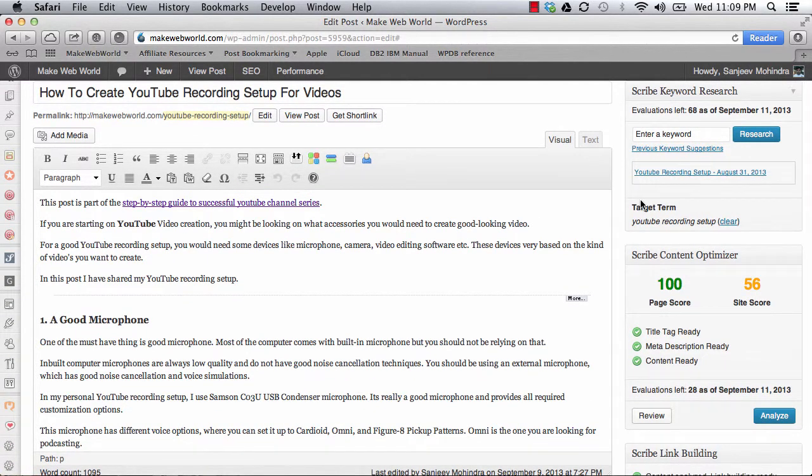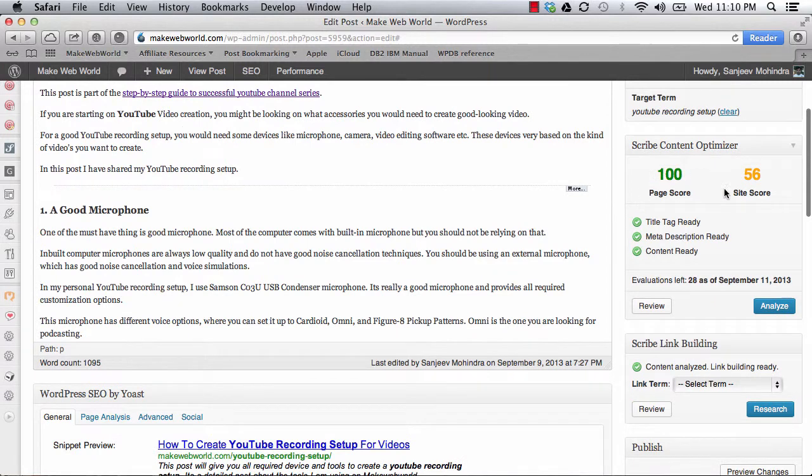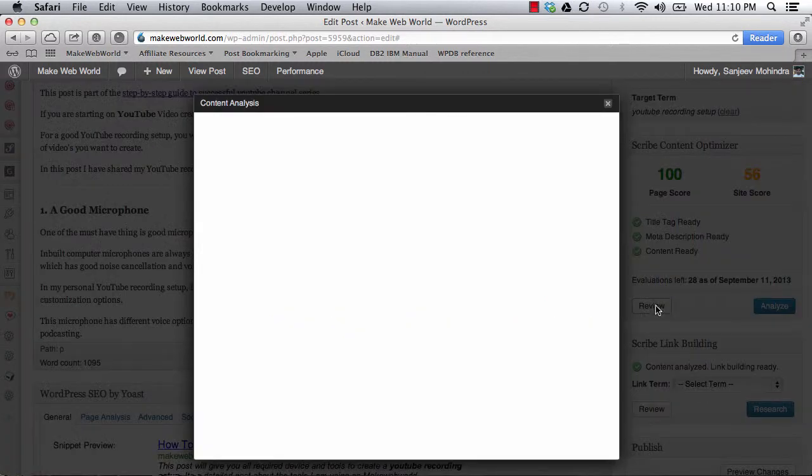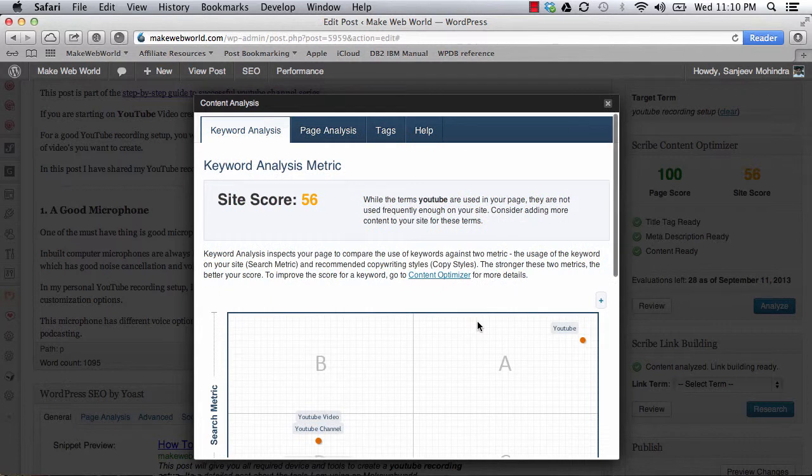Once you have completed your post, then your content optimizer box will come into the picture. It will actually analyze your content and show you what you can do to make it more SEO friendly. Again, it saves your previous results, so I'm just going to click on review to bring up my old result.